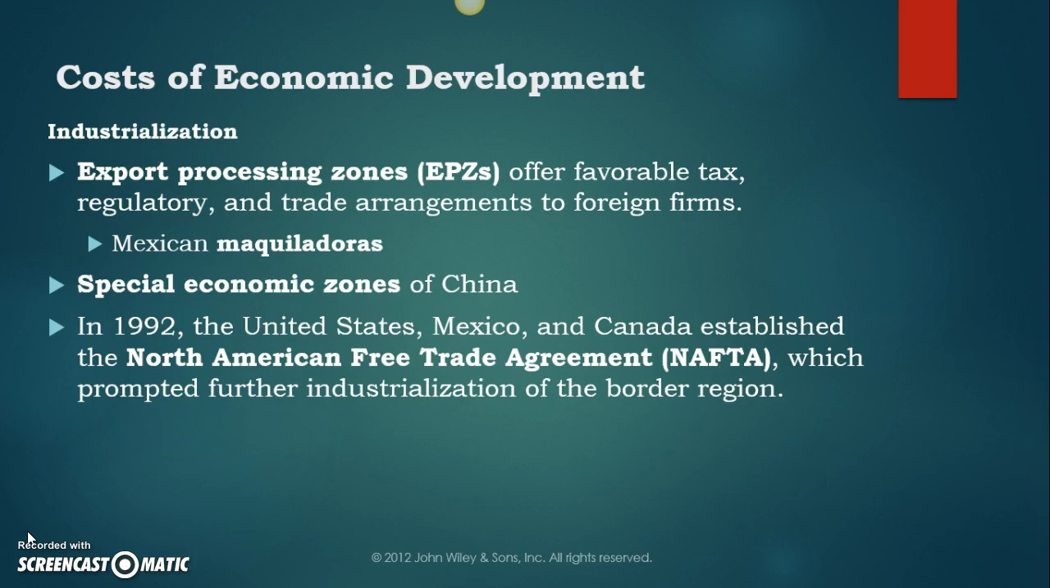Great example of this is the maquiladora factories in Mexico along the U.S. border, right? That got its start as an export processing zone, and ultimately it leads to, in 1992, so right around the time I was your age, right? The United States, Mexico, Canada established the North American Free Trade Agreement, which prompts further industrialization of that border region,